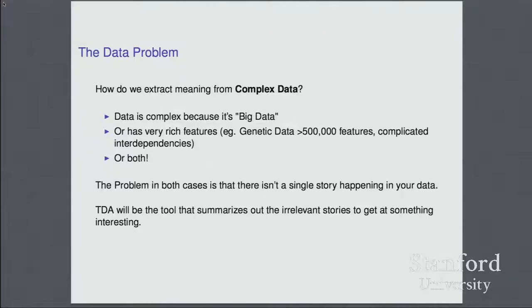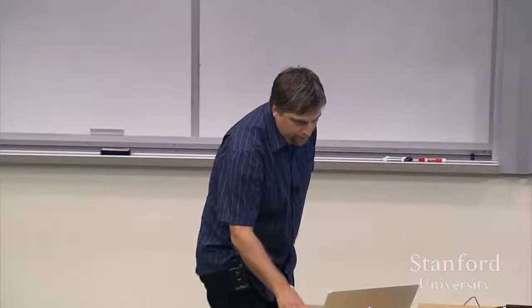And what we want to do is create summaries that are useful to us. So TDA, on this high level, this metaphorical level, is the tool that's going to summarize out the irrelevant stories to get at something interesting. And in a certain sense, I mean this in a technical way, because we actually summarize the geometry, and we do that in a rigorous way. So the metaphor